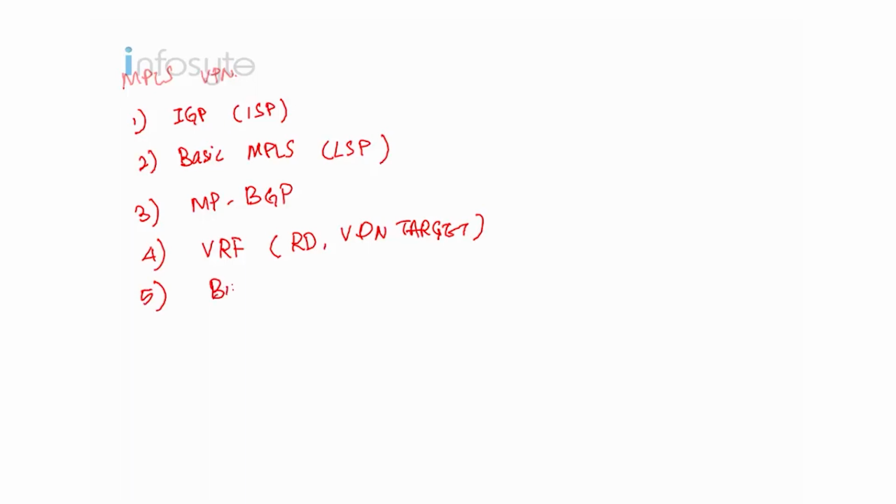Then we need to do the binding into the interface. After binding, the step number 6, we need to